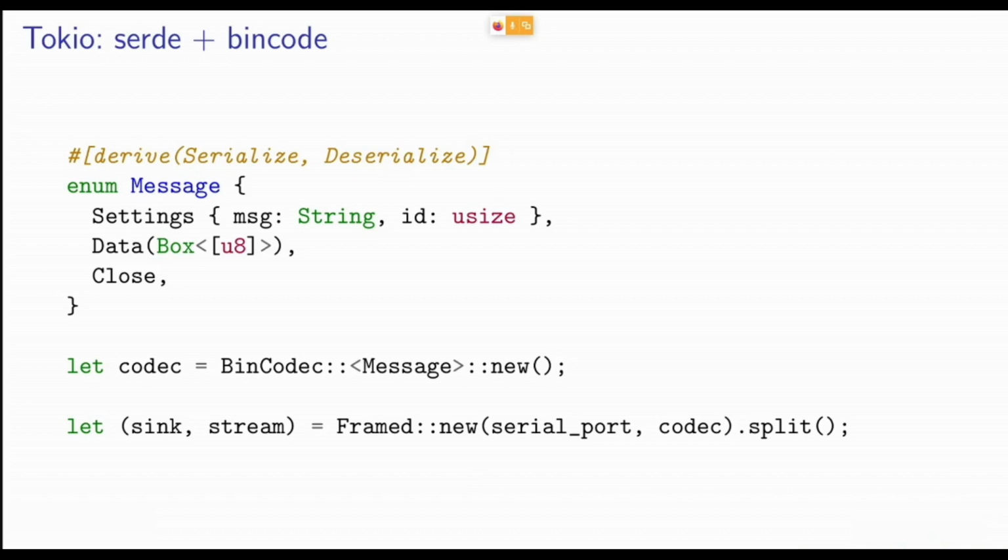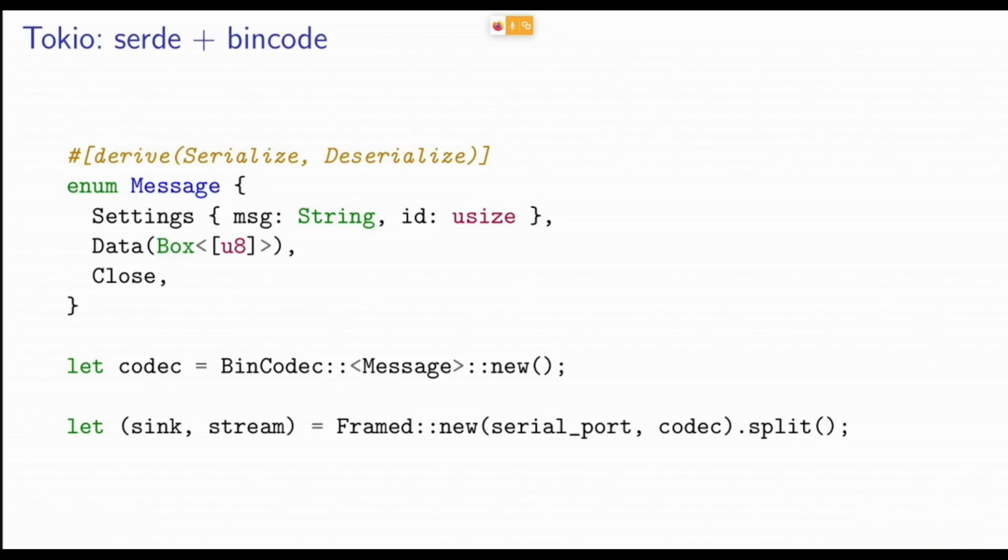And that's it. Then you can split such a frame into a separate sink and stream. And that's all. You have a sink and stream for the serial port, which only sends your message type. So it's 100% type safe